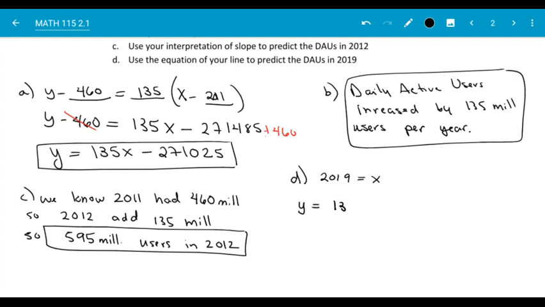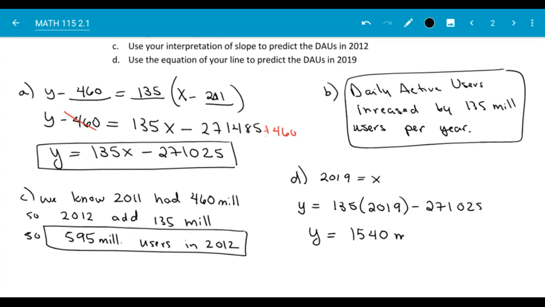So y equals 135 times 2019 minus 271,025. And if we do that calculation, 135 times 2019 minus 271,025, we get